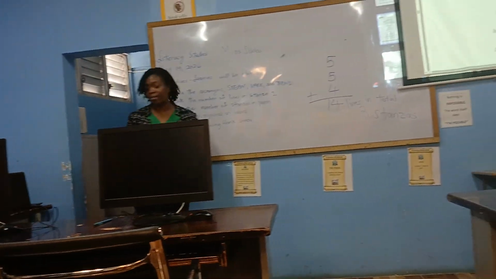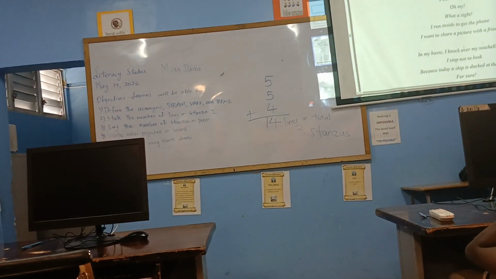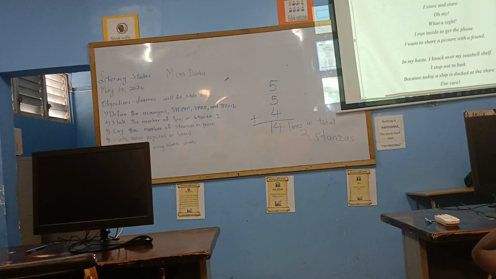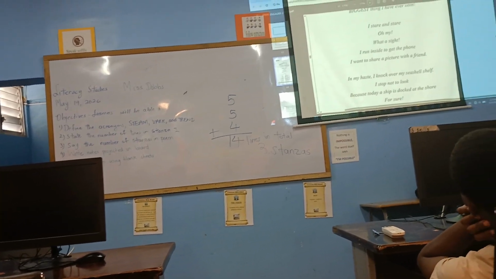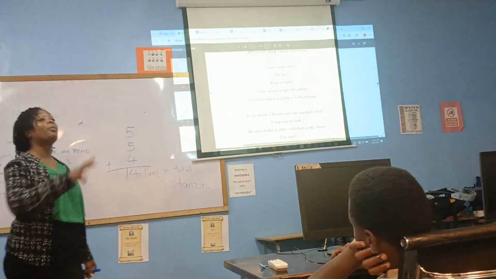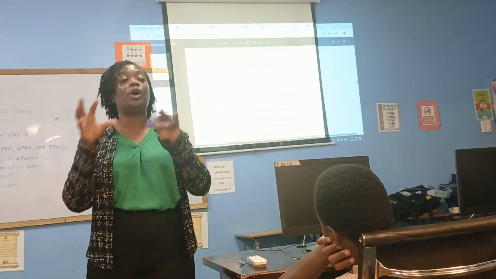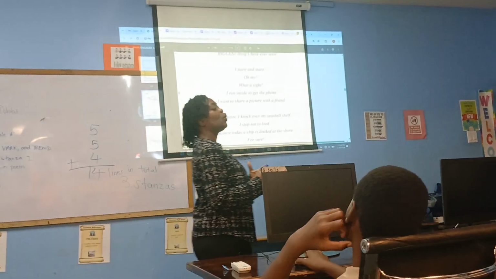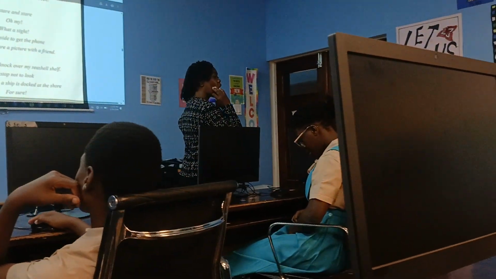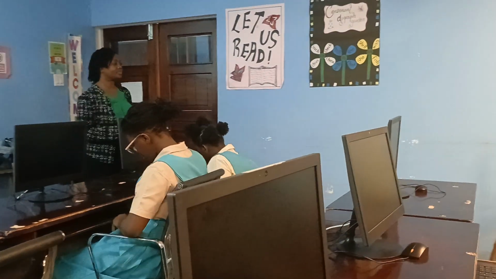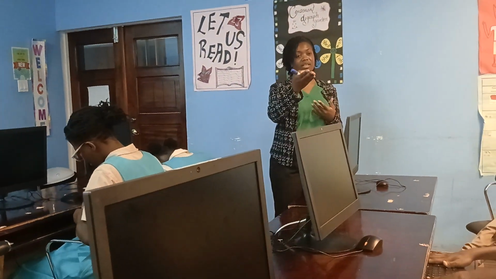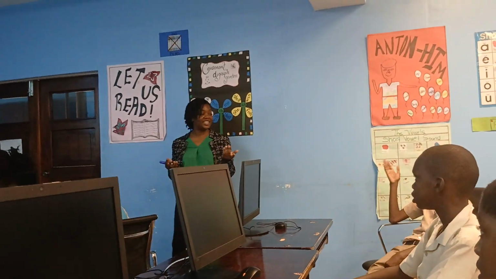Now, let me fix that. In the second stanza, the narrator says, I stare and stare. Narrators are for stories, poets are for poems. So my apologies. Why do you think the poet was staring? She's looking at, yes. Perhaps it's the first time she's seen such a big ship.